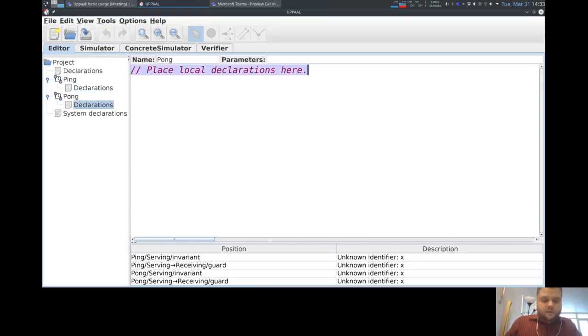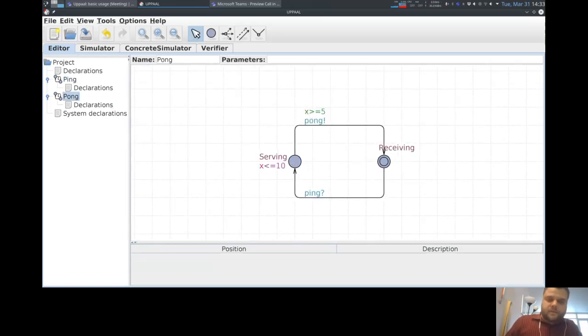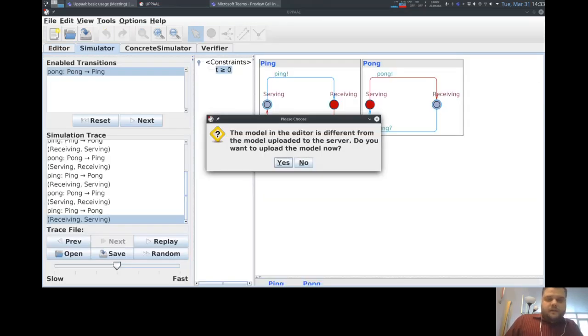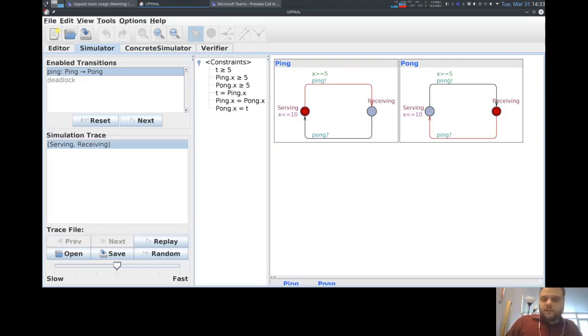So when I'm declaring in the local declarations, these are going to be two different clocks. So ping has its own clock and Pong has its own clock, but they both are called X. F7, and now we know what X is. And now let's go to the simulator. And here you can see our T is allowed to, so if I don't select any transitions, again,